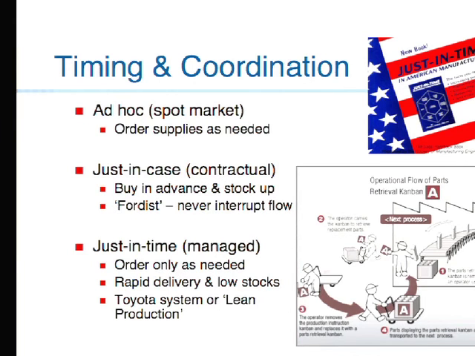Okay. Now there are two kinds of this coordination that have become very noted in the literature, in economics and organization studies, management studies. One is called just in case, which is the old Fordist system, where you do have a contract to deliver engine housings, or deliver scrap metal to a steel mill furnace, or deliver coke to the steel furnace, or deliver fabric to the sewing room, and so on. But you buy in advance and you stock up. Now maybe the contract says, all right, deliver it once a week or once a month. You're not going to stock up for the year, that would be stupid. So even in the old just-in-case system, they didn't infinitely stock. They did it on a periodic basis, and it made sense.